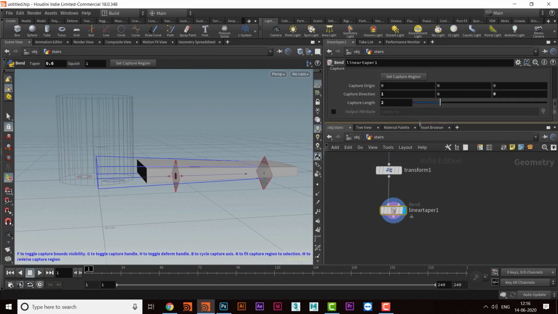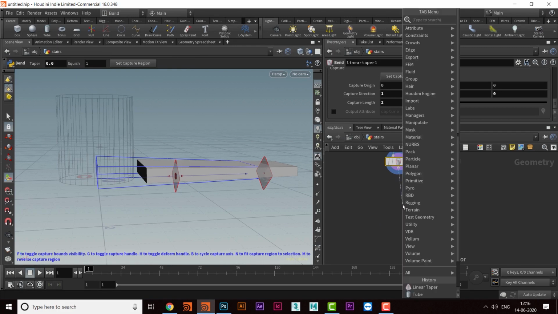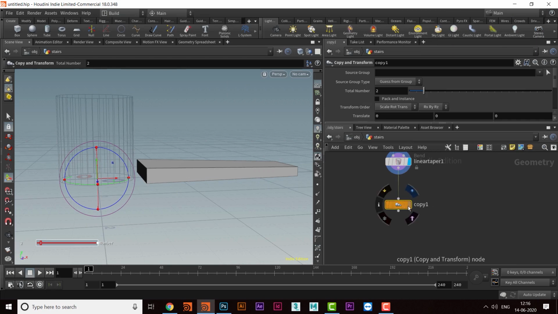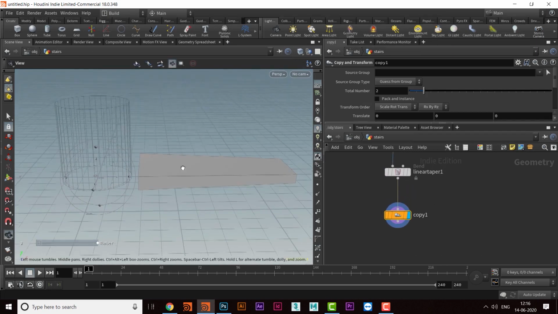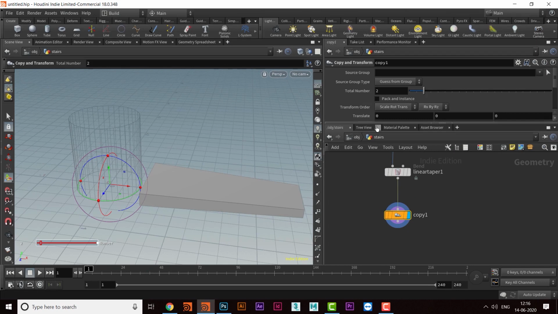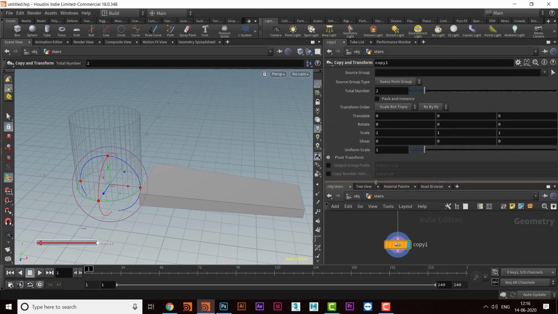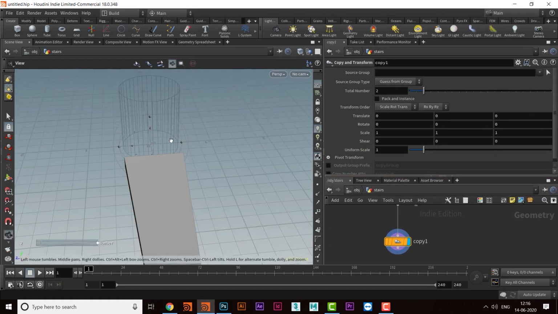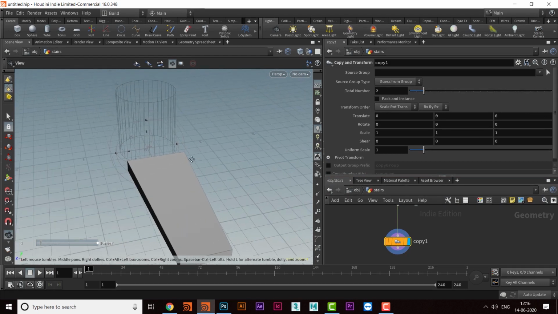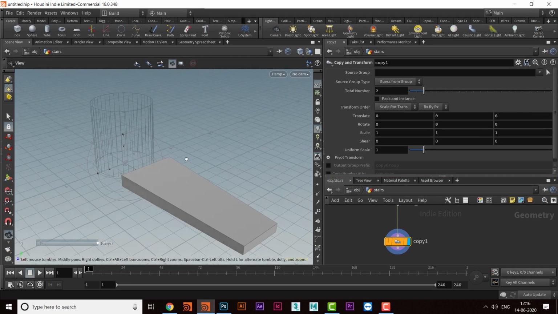Fine. So go ahead and then we'll take copy and transform. And here I'll take the rotation angle.